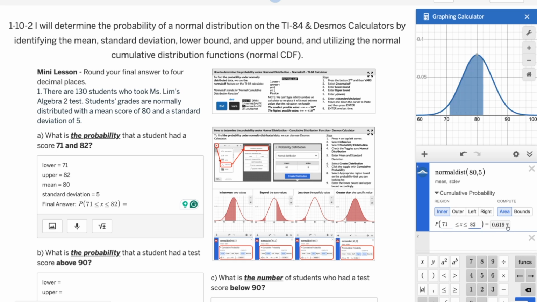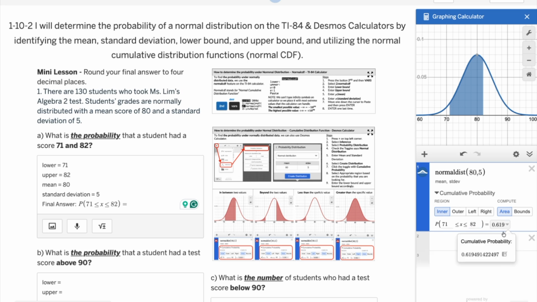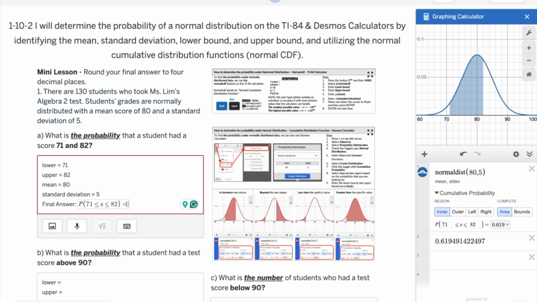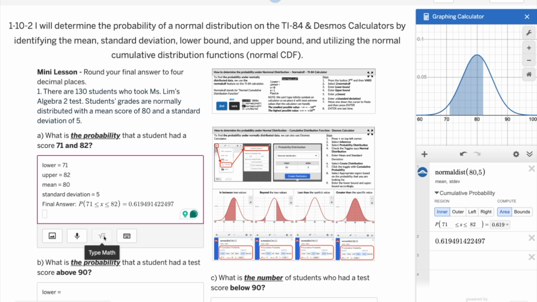And if you see it, the answer is right there, because we are looking for the area under the curve, which represents the probability in the normal distribution. It already rounds to the thousandths for you, but you can get the exact values over here. So I can copy that information to have it down. But our question wanted us to write to 4 decimal places. So what I'm going to do is round it correctly to